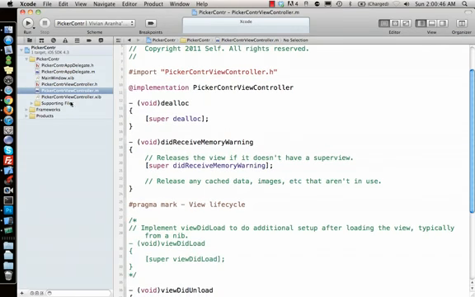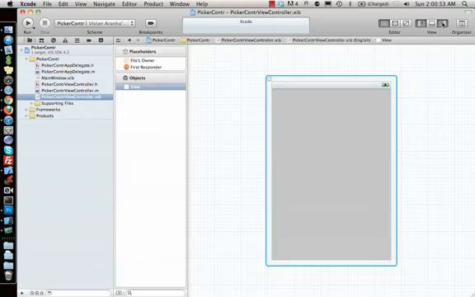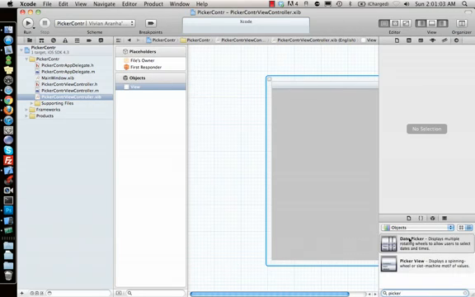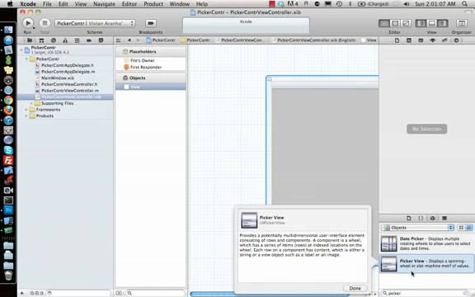You can do it using Interface Builder also, but I will not be using Interface Builder for this particular project. If you go to the library, you will see the picker view and the date picker. The picker view is what we're talking about. It's a wheel. You might have seen this just by looking at the image. You'll know what it is.